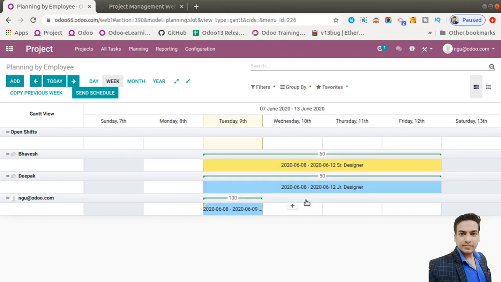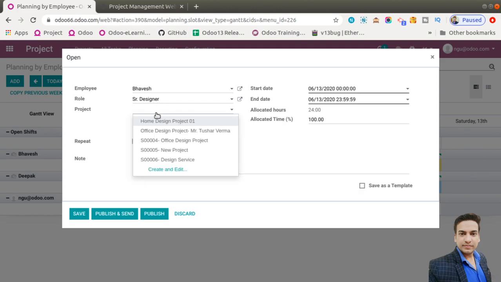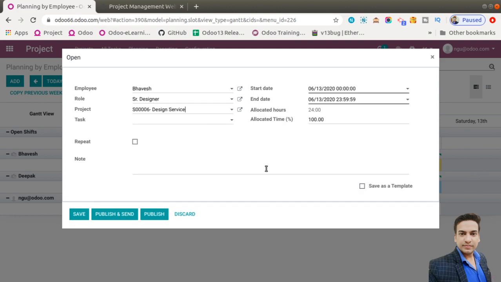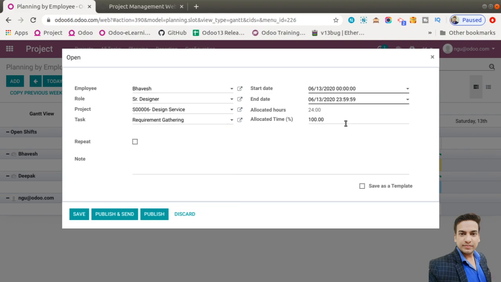I can quickly click on the plus sign. Let's say I want him to work from 6:13. I want him to start working on this project, design service. I could select requirement gathering, and how much time I want him to spend on this particular project. Let's say I want him to spend 50% of his time on this project. So you can see from 6:13, he will be spending 12 hours,